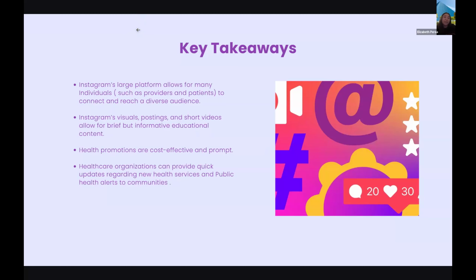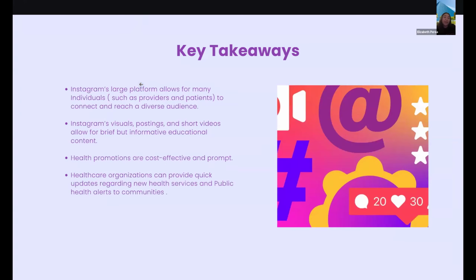It's a tool that allows for prompt delivery for organizations and supports a minimal spending amount while still keeping the quality. Many organizations are able to provide prompt updates specific to healthcare. This can look like healthcare fairs, such as vaccine pop-ups. It allows communities to quickly get new alerts if there's anything maybe free. For example, I've seen some healthcare resources for food banks or COVID-19 testing during the COVID pandemic. And these are just a few of those examples.